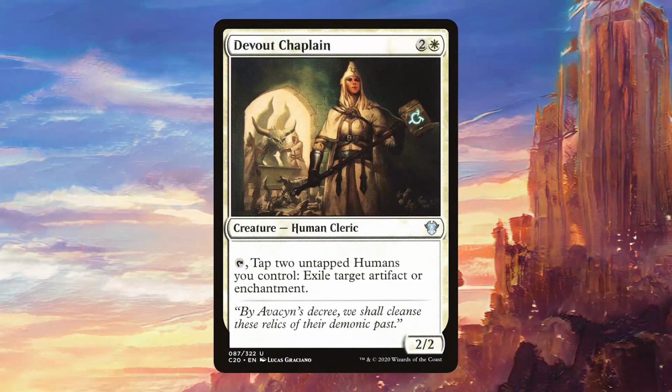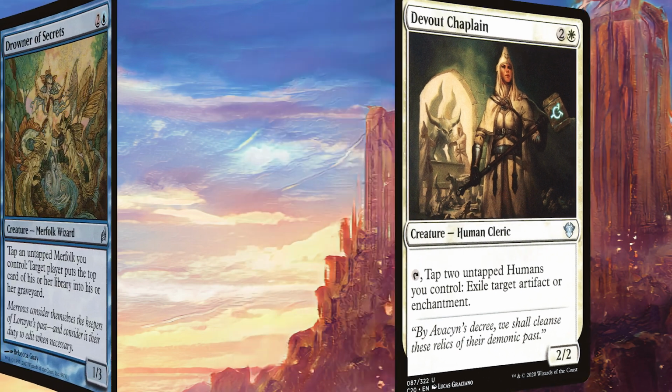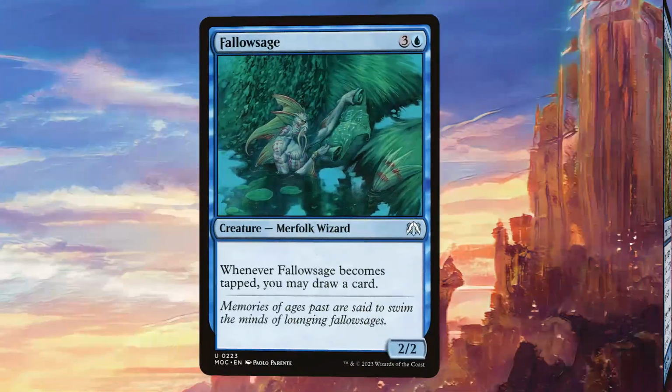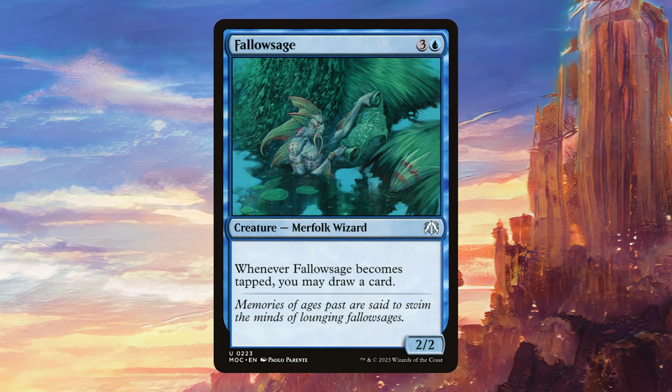Devout Chaplain should almost always be online, seeing as Adric itself is a human. Drowner of Secrets is a great way for us to finish the game. We have quite a few merfolk in the deck as well, but really we only need 1 or 2 if we've already got our infinite untaps on to mill everybody out. Battle Sage is a good way to draw cards. All we need is one of our engines to